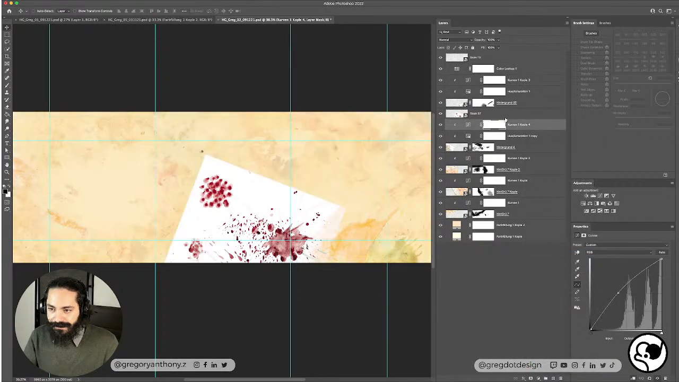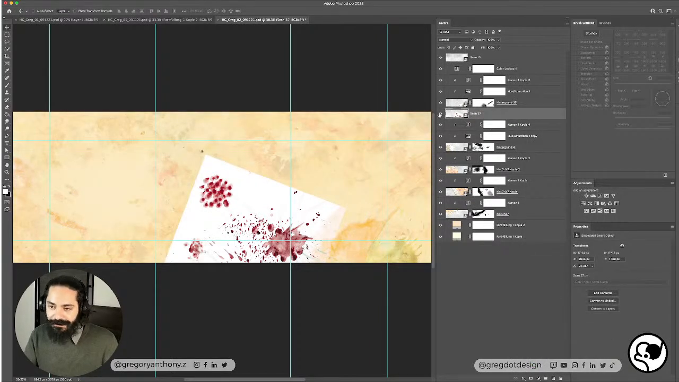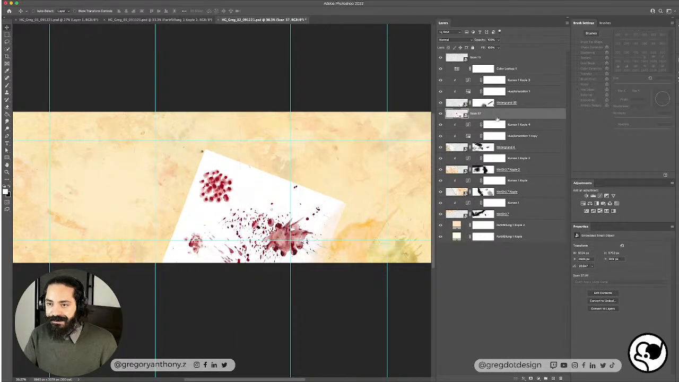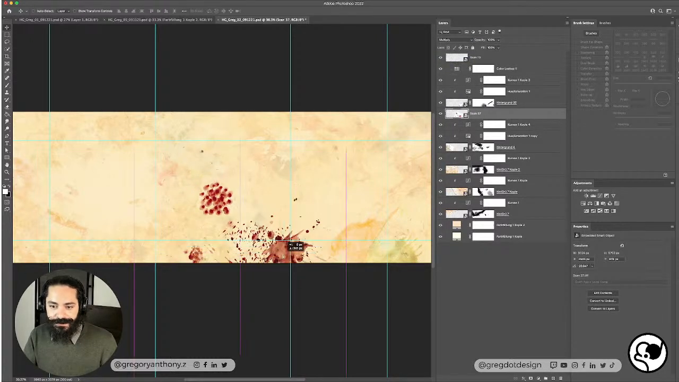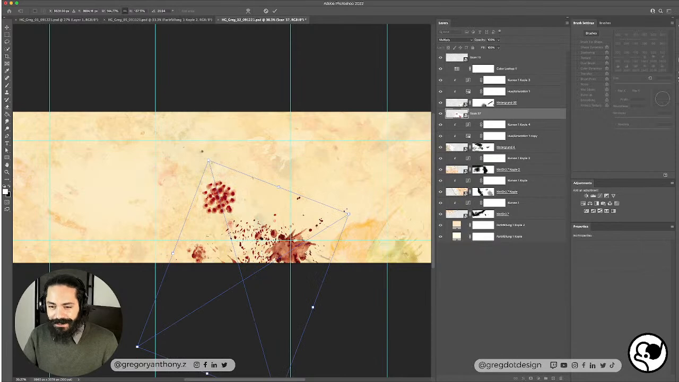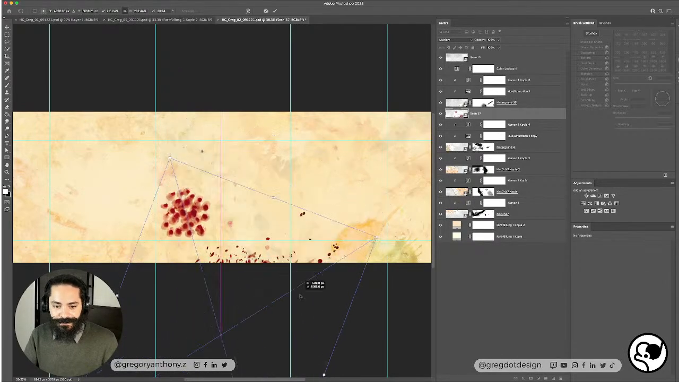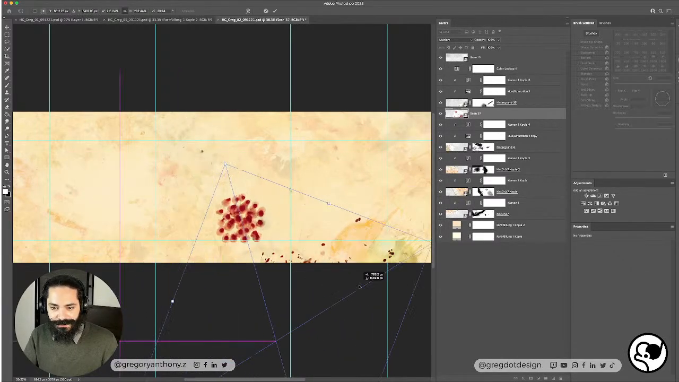Create clipping mask. So always be aware of your layers. Don't forget how they're positioned and everything, because you really want to know what's happening. I really like what's happening right here with this one, because